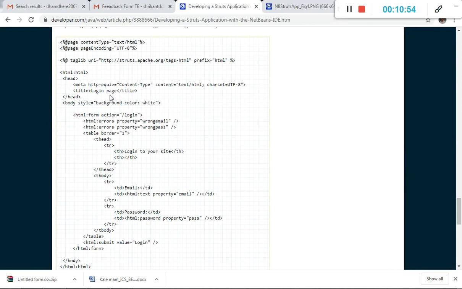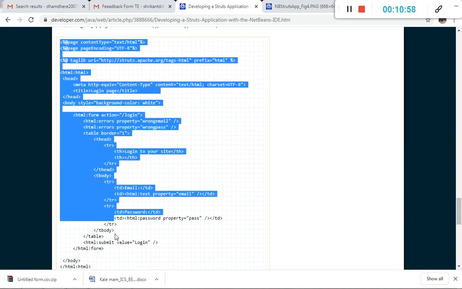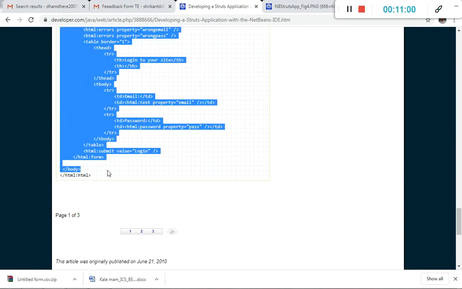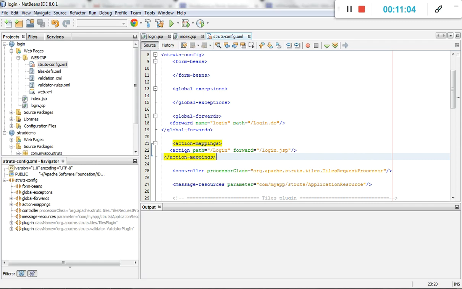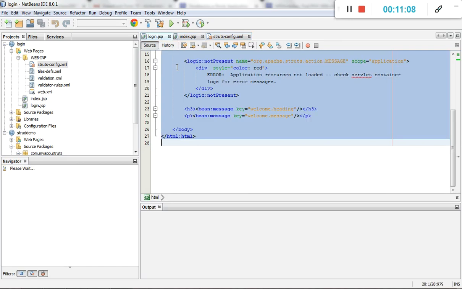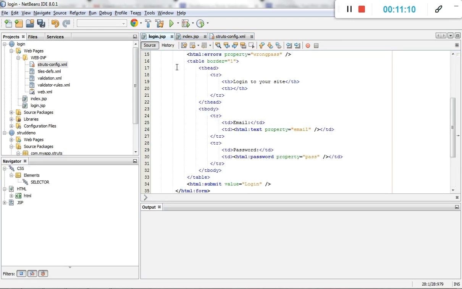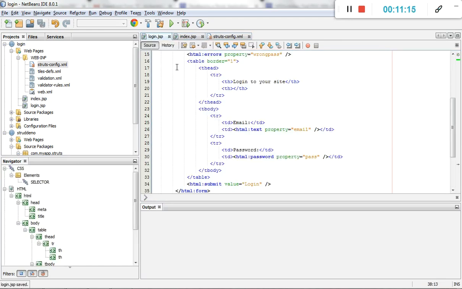This one is simple code related to HTML. If you read it, it's easily understandable. We copy this code into the login.jsp, just Ctrl+V, save. Okay, this is simply the login.jsp code.